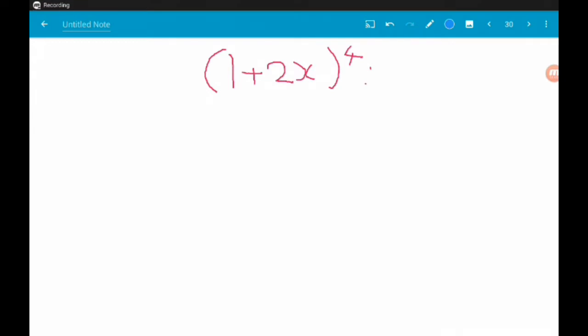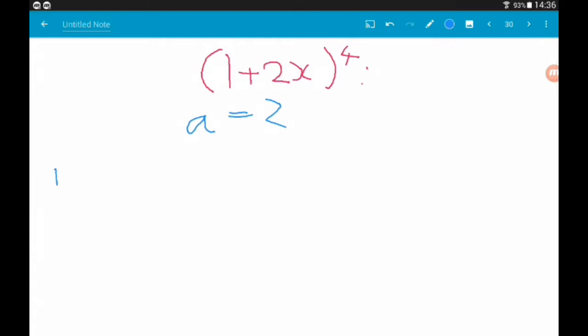Okay, second example, and so we want to expand fully 1 plus 2x to the power of 4. So, let's do just that. So, here then, a is 2. So, we are going to get 1 plus 4 choose 1 times 2x